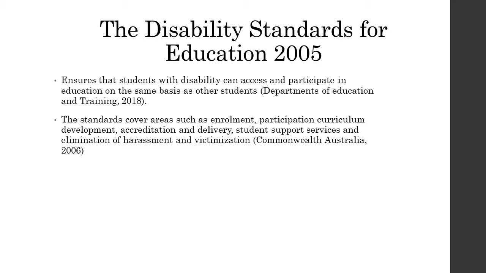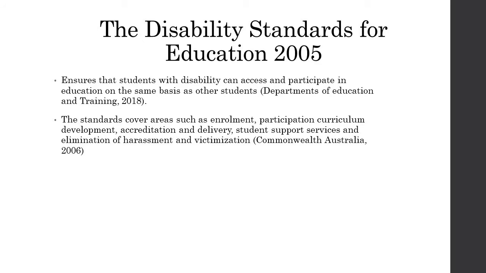The Disability Standards for Education 2005 seek to ensure that students with disability can access and participate in education on the same basis as other students. The standards comply with the obligations of the Disability Discrimination Act, and their main objective is to make rights and responsibilities in education and training easier to understand. The standards cover areas such as enrolment, participation, curriculum development, accreditation, and delivery, student support services, and elimination of harassment